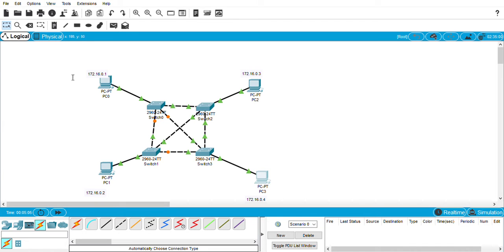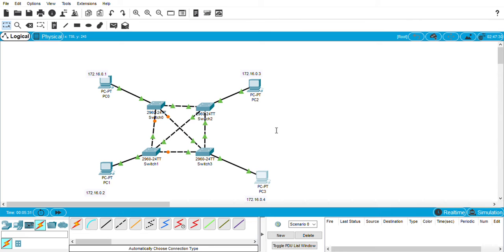We have configured them now. For packet transmission from one end device to another, we can send either a simple PDU, packet data unit, or a complex PDU. We'll first transmit the simple PDU and see how it goes from one system to another end device. We can work either in simulation mode or through ping mode.